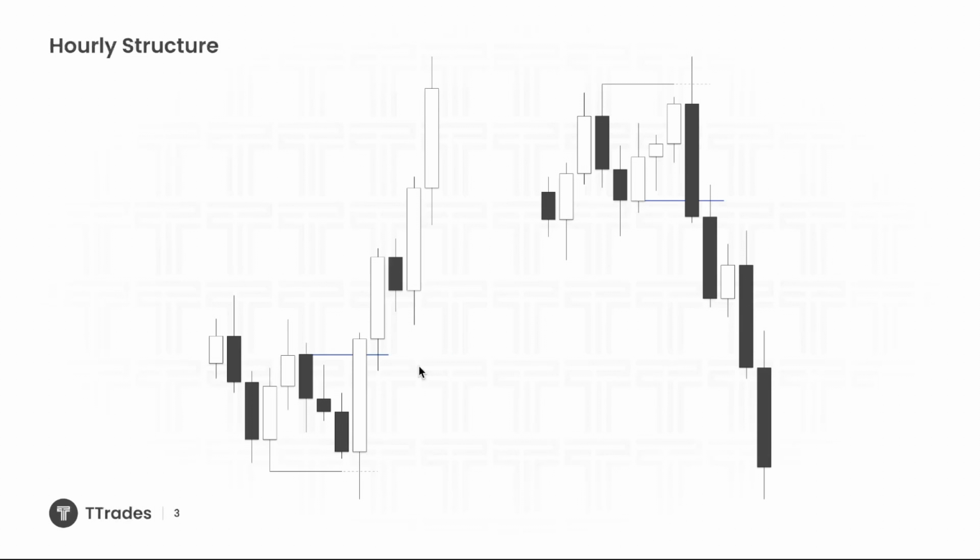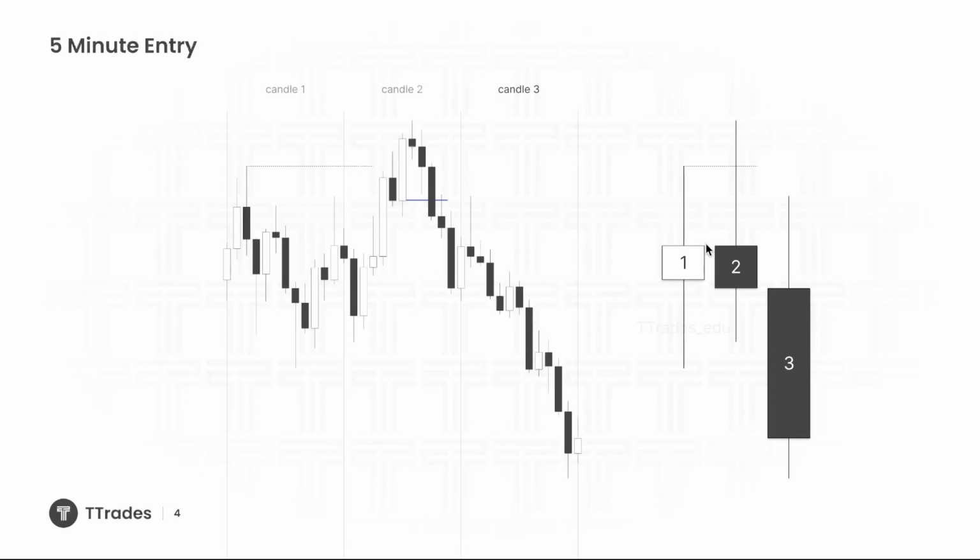Now, where are those entries likely to occur? Well, I want to see them in the upper half or lower half of the previous day's range, and then at a point of interest. You can see here, we have a protected low. I'd want to find a point of interest in this area for the next day to form its lower wick and then trade higher. So once I've identified a point of interest, I'm going to wait for a candle closure